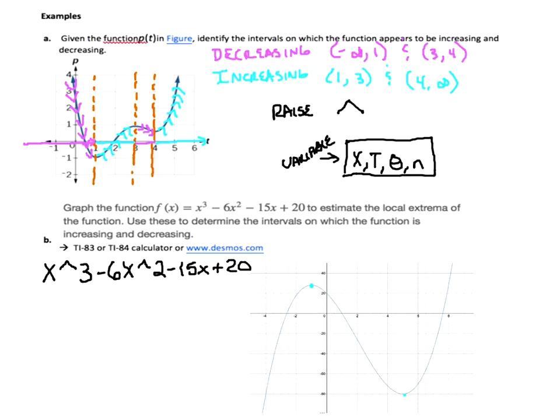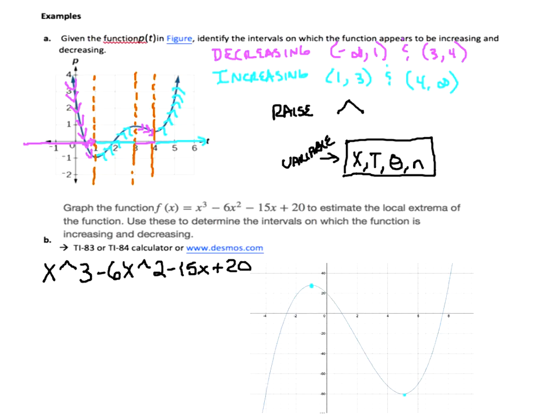Okay, so we have to calculate the maximum and the minimum separately. You can't do them at the same time with these calculators. So the first thing we'll do, since we get to the maximum first, moving left to right on our function there, I'm going to arrow down until it says maximum, until I'm highlighting next to maximum. And then I'm going to hit enter. And it's going to take me to my graph. And you see there's a little blinking cursor on your function, and it's to the right of the maximum that you're wanting to calculate.